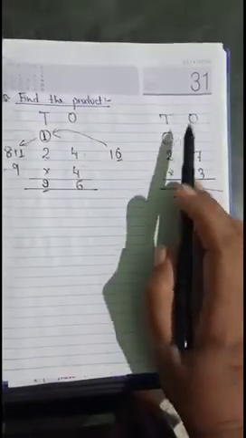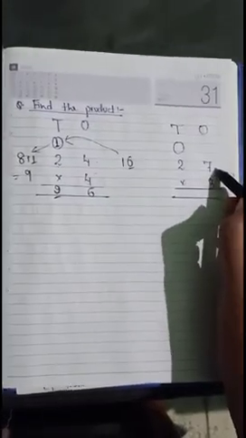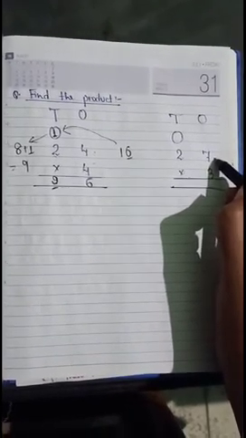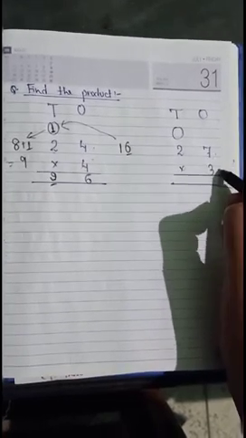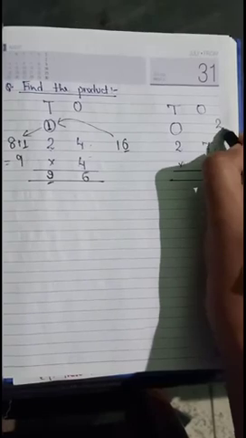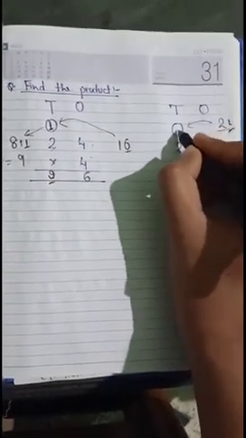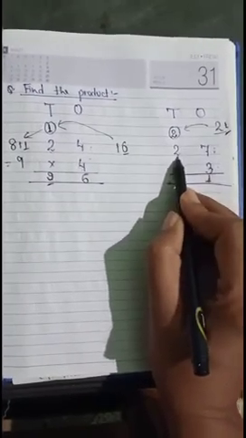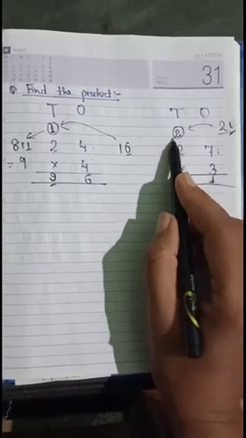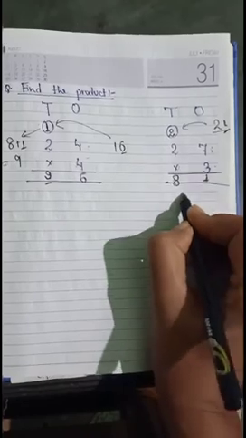Next, again it is arranged in the column form and you have to do only multiplication. 3 7s. 3 1s are 3, 3 2s are 6, 3 3s are 9, 3 4s are 12, 3 5s are 15, 3 6s are 18 and 3 7s are 21. So out of 21 we can write only 1 in the ones place and 2 is going forward to the tens place. Now multiply 3 by 2, 3 2s are 6, 3 1s are 3, 3 2s are 6 and 6 plus 2 is 8. So here it should be 8, 81.